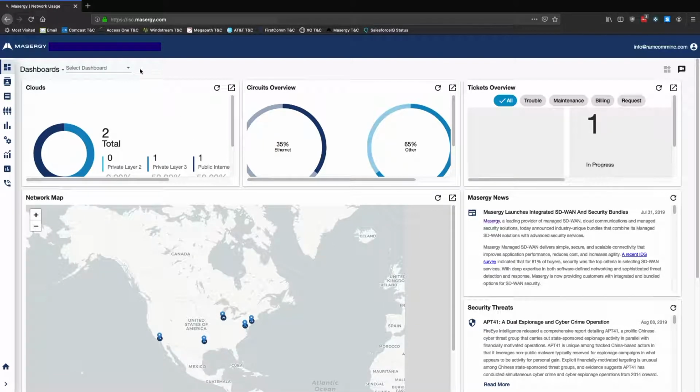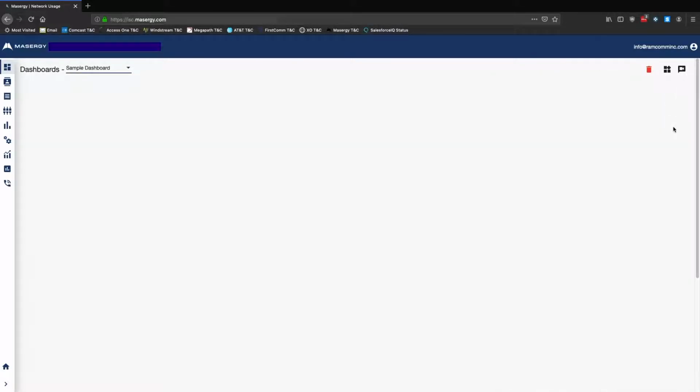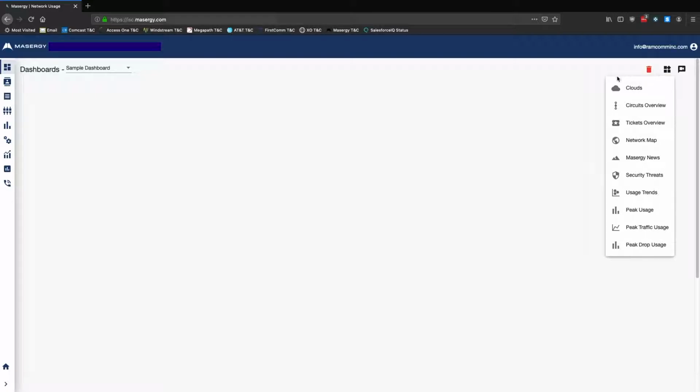I'm going to quickly walk through the creation of a new dashboard and what you can actually do with it. So this is going to be our sample dashboard. As you can see, it starts off with a blank screen, but you can go to the top right corner here to add widgets, and these are all of the options at this time that you can add to your own personal dashboard. So I will add the tickets overview,